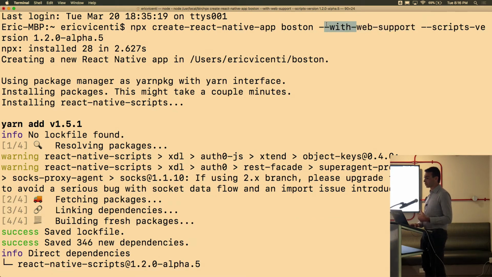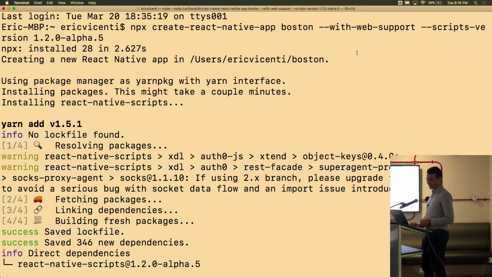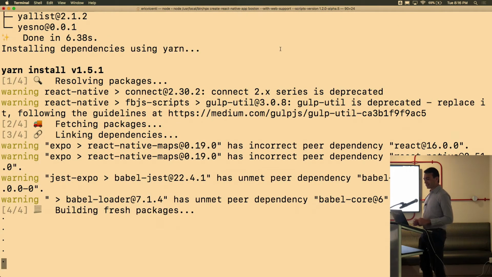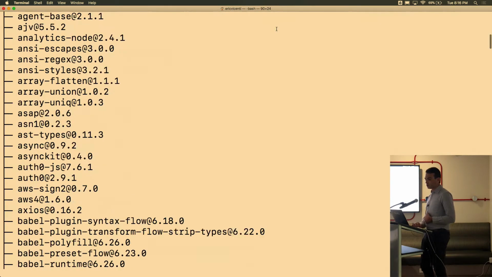We're specifying a certain scripts version because this is highly experimental stuff. This was just released today. All right, we're still cleaning up some of the final aspects of this installation. But the fun thing is inside of your Create React Native app, of course, you can run it as a React Native app, but you can also run